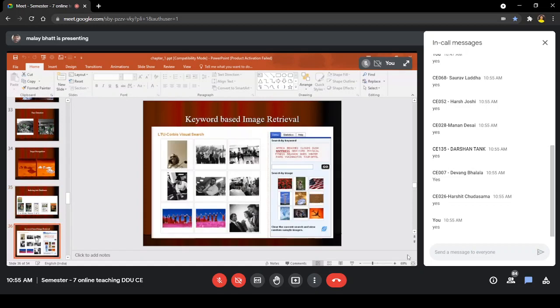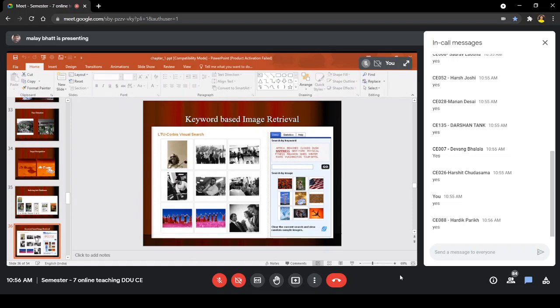Okay, so there's one more interesting thing. There's also software which is a web-based solution. So you can see that there are certain keywords given. So it is a keyword-based search. Normally, whatever Google is doing for us, right?